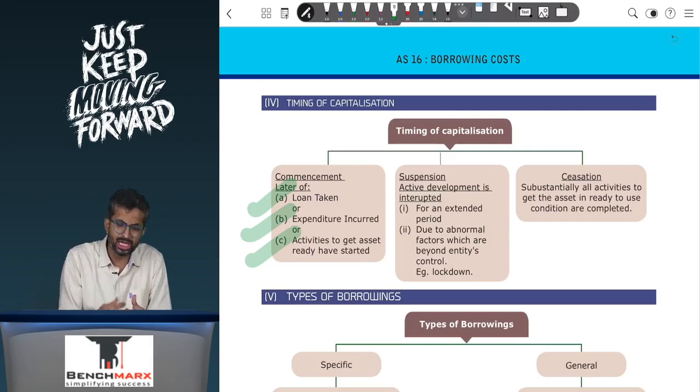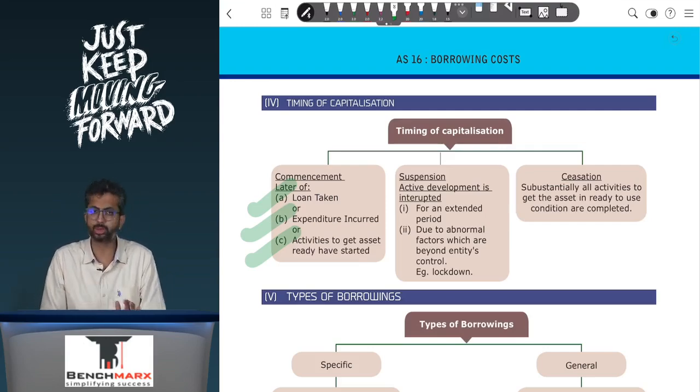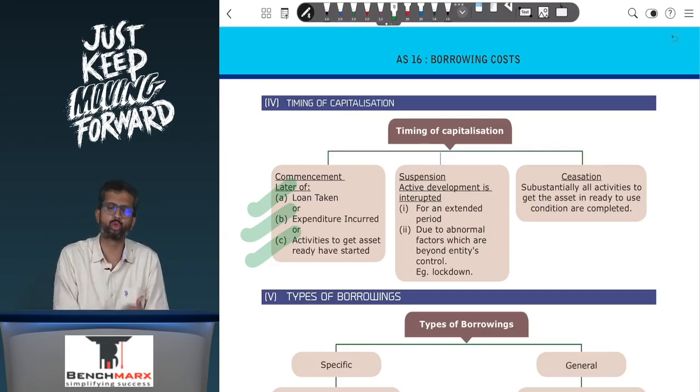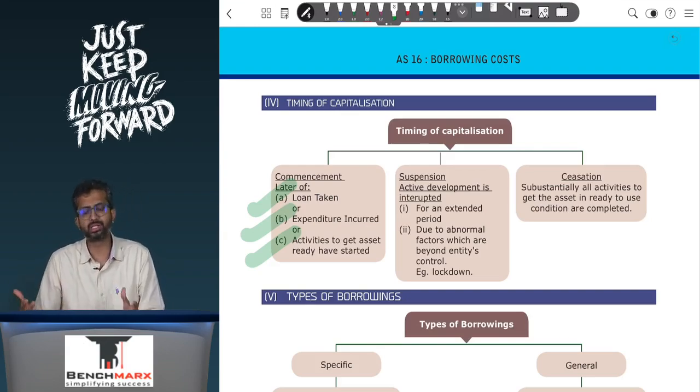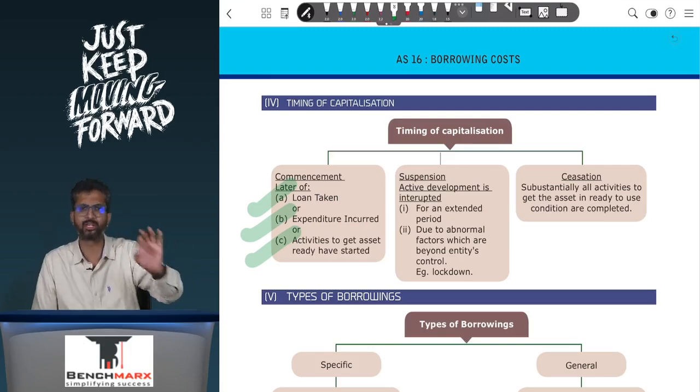Even if you are doing site planning or technical evaluation, that is also commencement of activities, that is fine. But activity should start. Once the commencement date arrives, you can start capitalization. Till when can you capitalize? Well, once the asset is ready for use, or substantially all activities to get the asset in the ready to